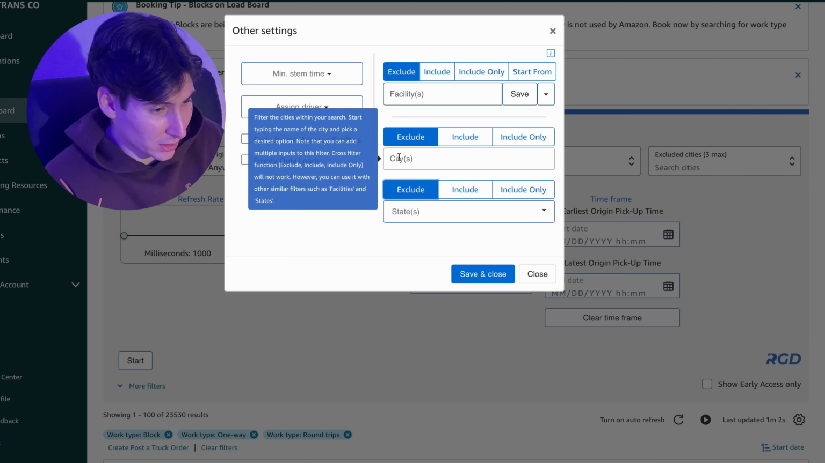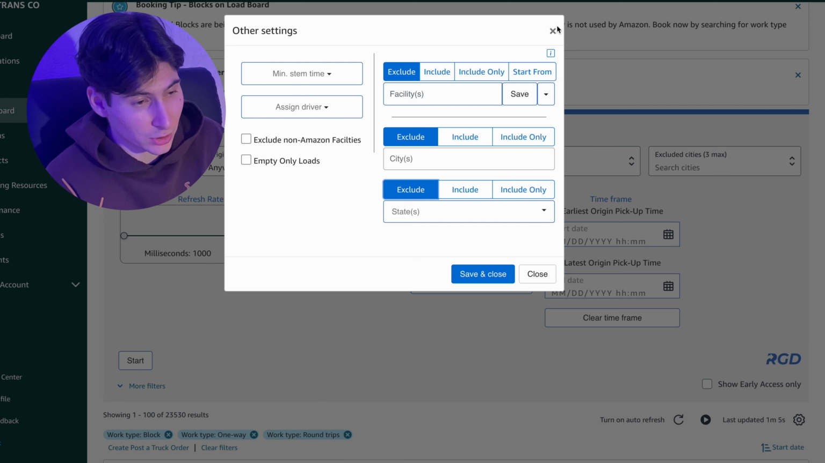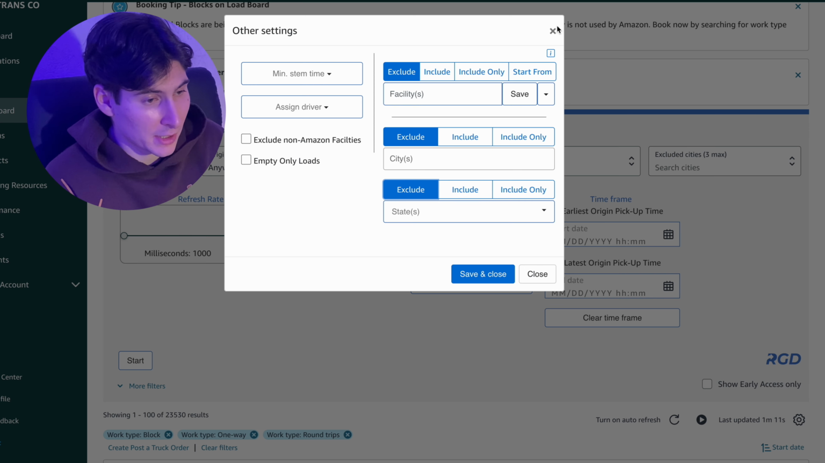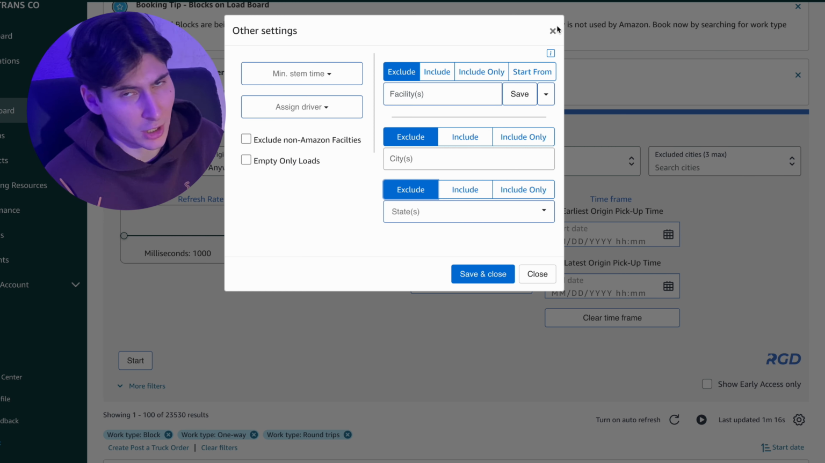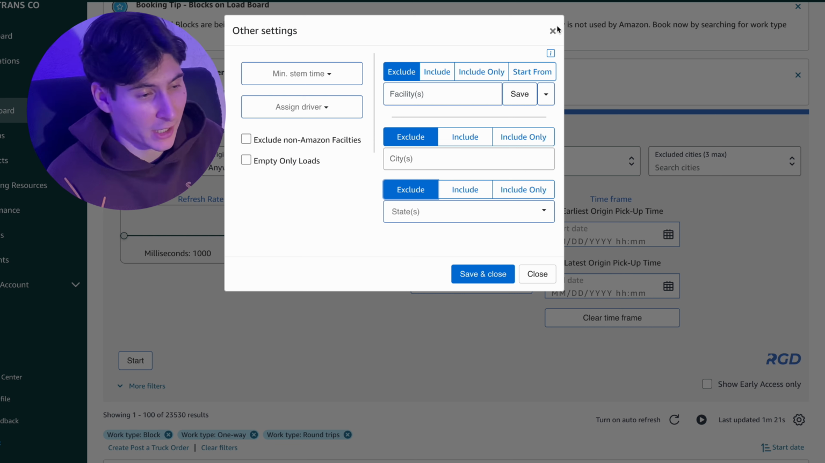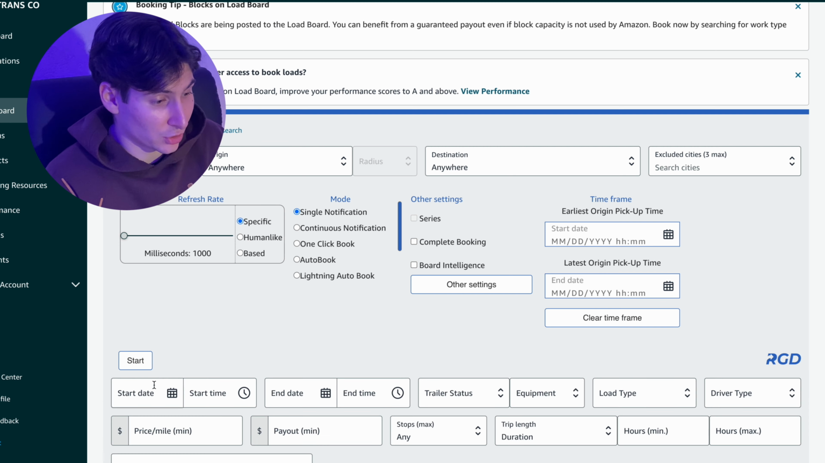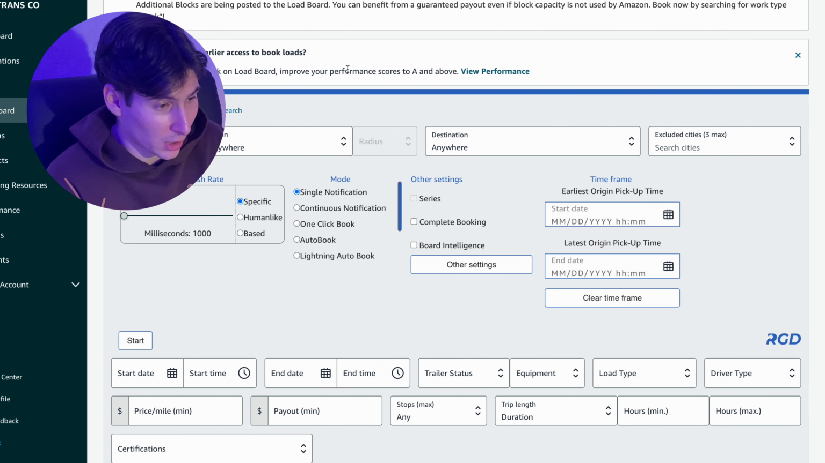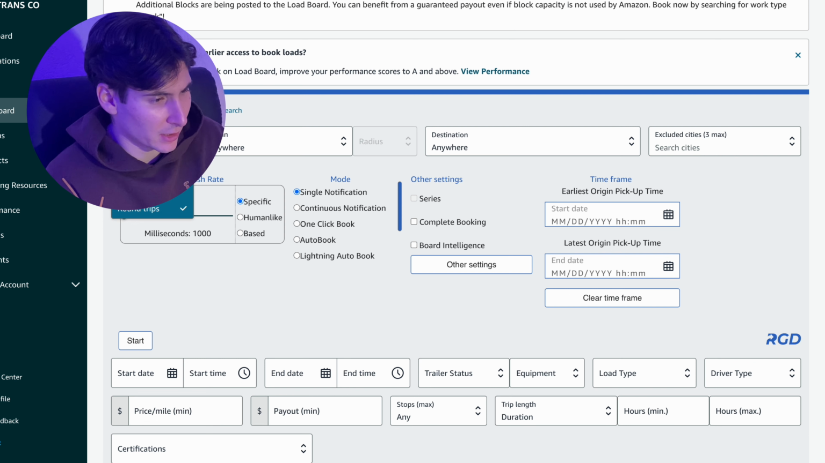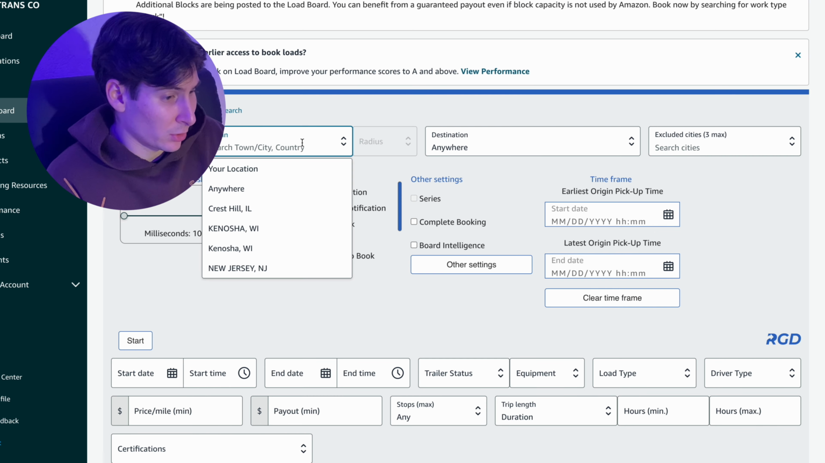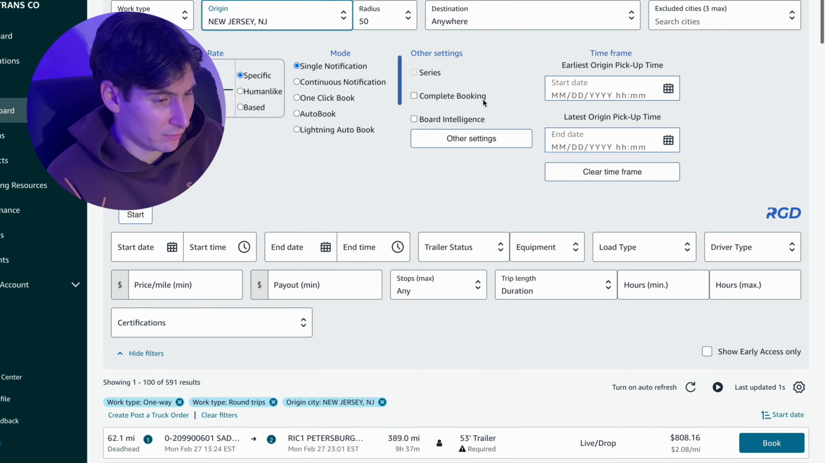So let's start by looking into the loads. I'm not going to actually book the loads. This is all just for educational purposes. I'm going to use single notification just to check how the filters operate, but they work the same with auto booking features or one-click book or any other mode that is available with RGD. So let's go. For this video, I know that New York, New Jersey, they always have a bunch of loads that go from one state to another, and I will use New Jersey as a test